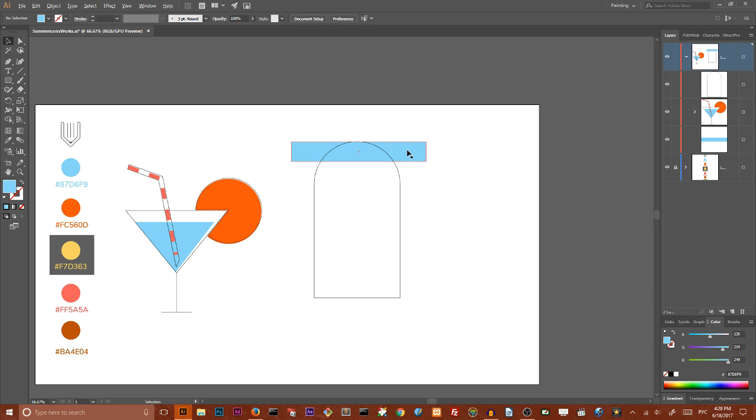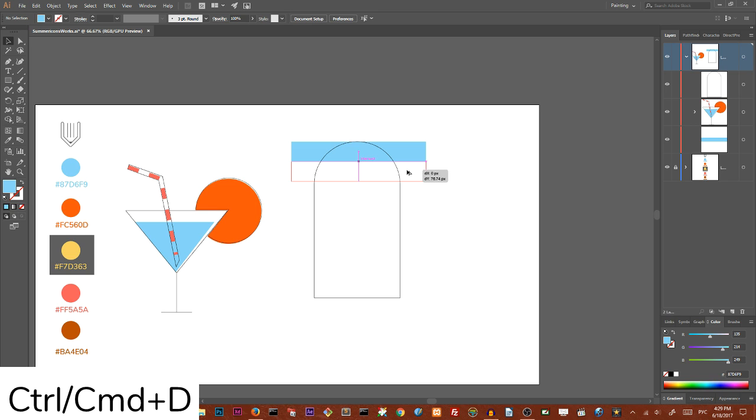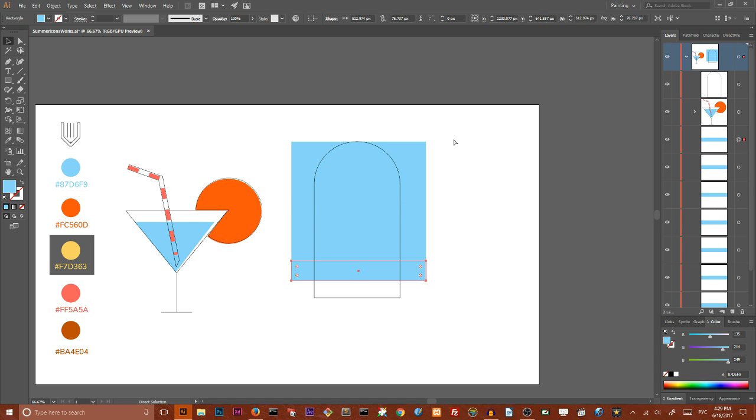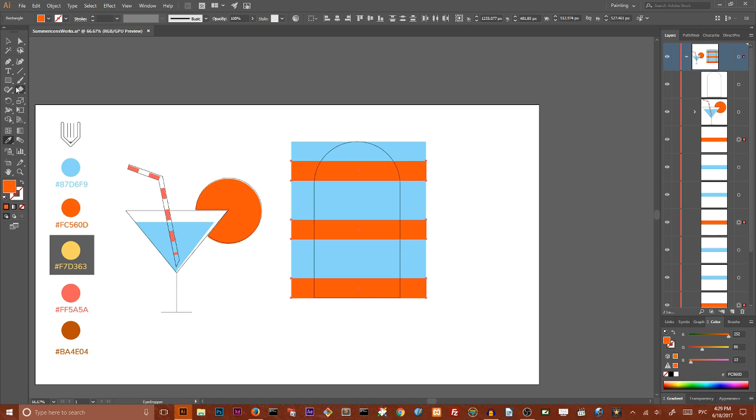I'm going to drag using Alt and Shift key or Option and Shift key on your Mac, and then I want to simply Ctrl D or Command D to fill all of my shape. Then I want to drag it to the top a little bit and select some of my shapes and give them this orange color. Then I want to select some of my shapes and give them this yellow color, and then I want to